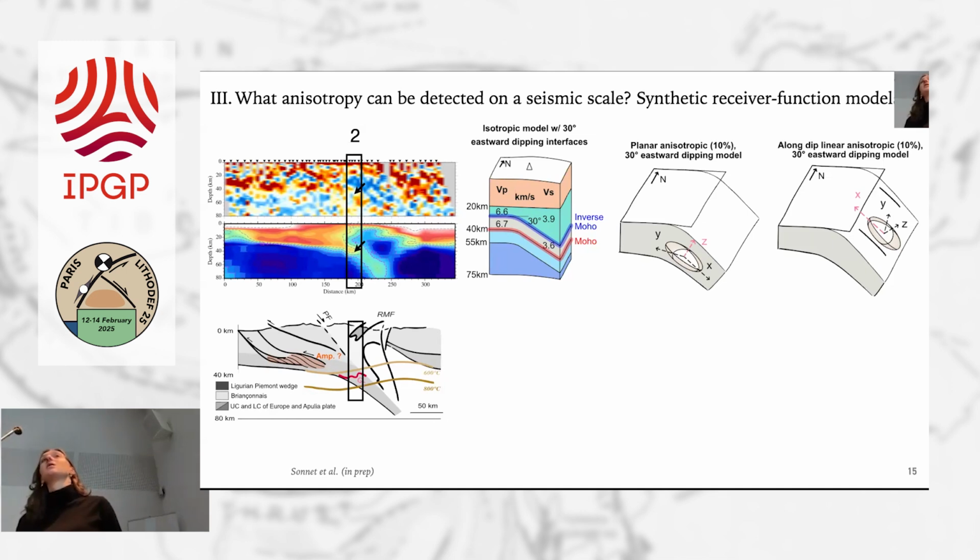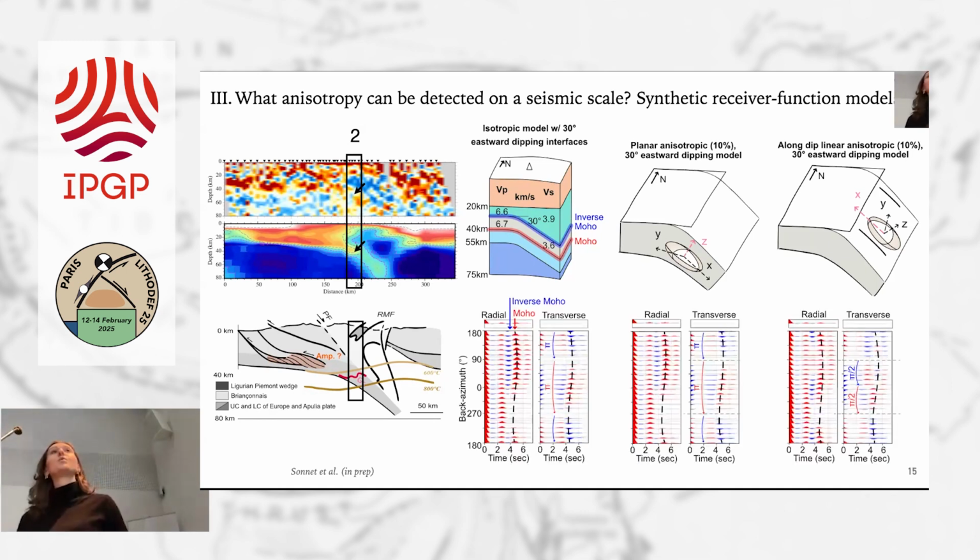The same kind of anisotropy as for the horizontal case, and we observe that the planar result does not differ from the isotropic result, and it's only if you have an along-dip linear anisotropy that there are